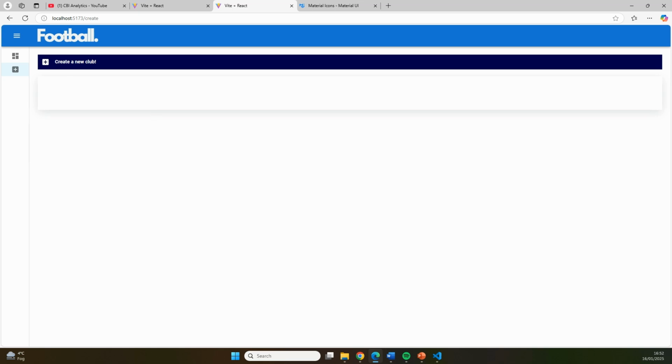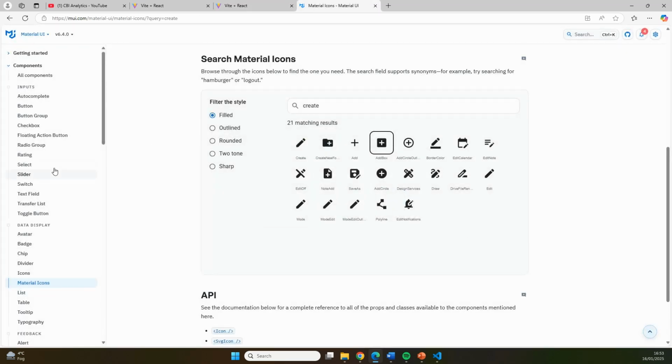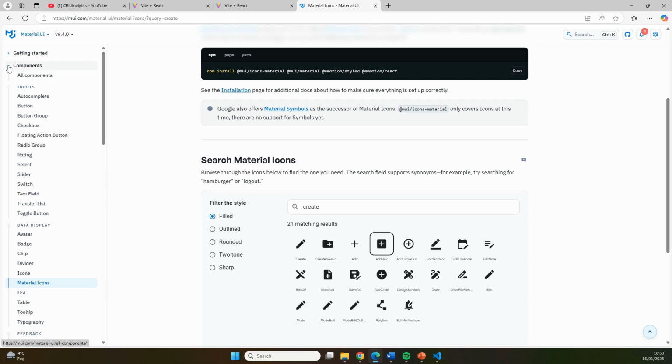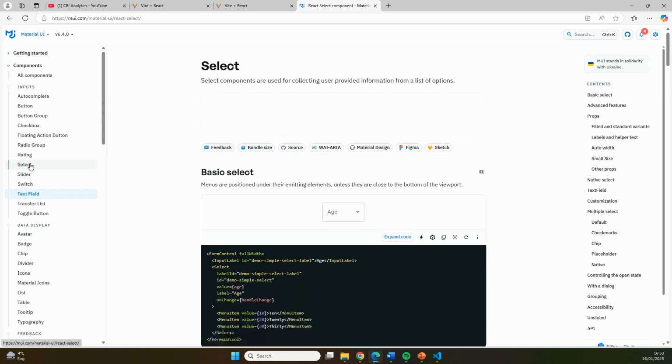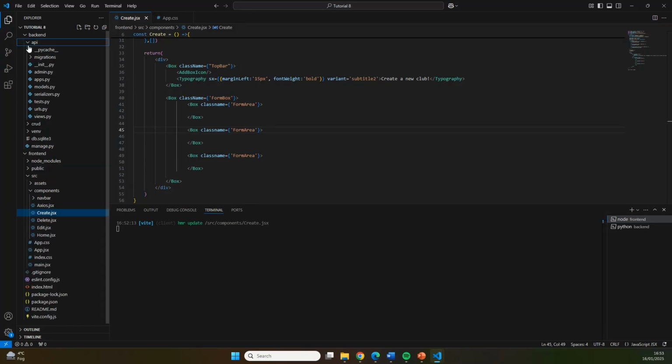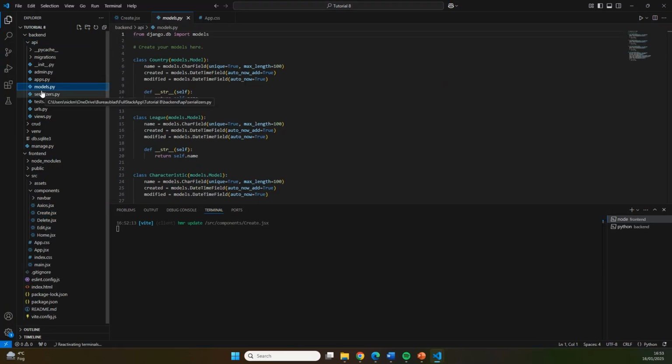So let's change that. Now we're going to get the forms from Material UI. Because if we go to the documentation, to the components, you can see that there are all different kinds of things that we can select, including, for example, text fields, but also some select fields and even some multi-select fields. Now if we go to the backend and then to our model, you can see that the thing that we